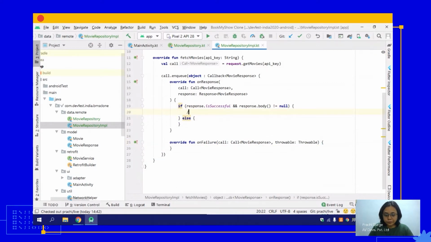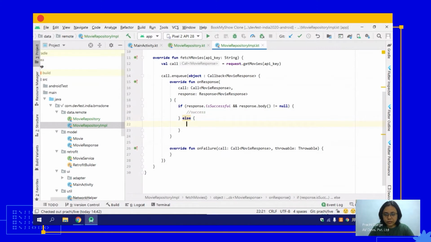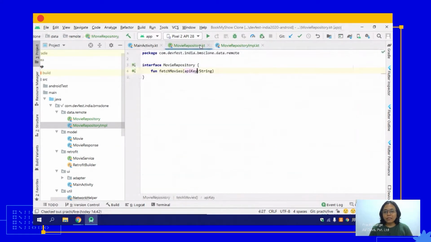So this is the success, this is the error. Two methods which are ready to use for the view model, and for that,